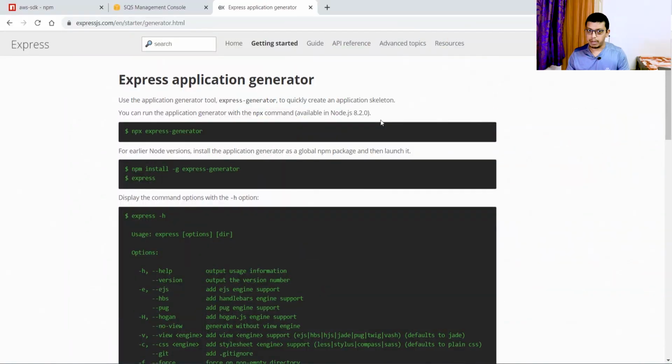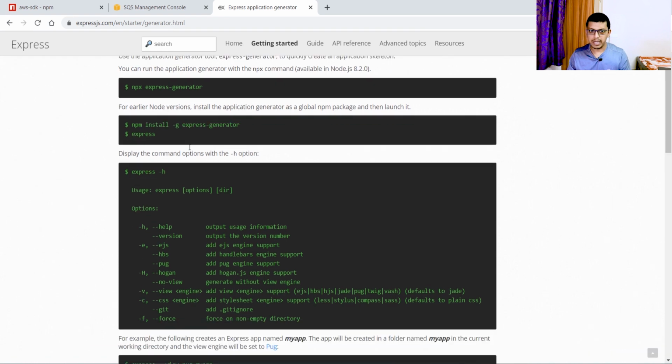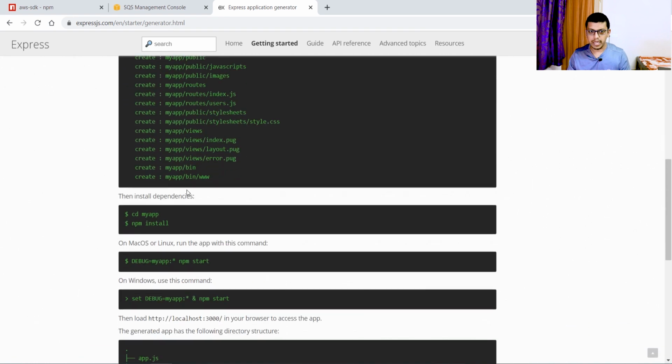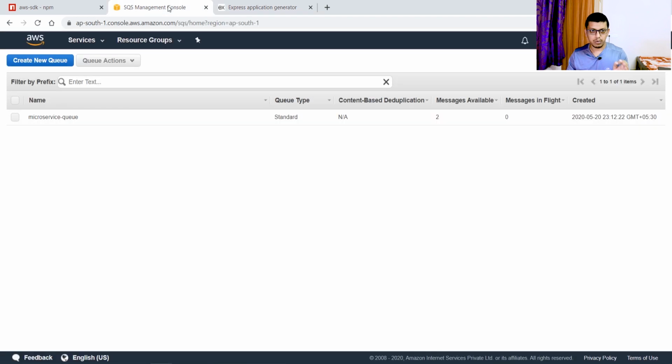I have exposed an API using Express generator. It's very simple. We can just do npx express-generator, then npm install, and then npm start. In between we have the SQS queue, which will receive the data from microservice 1. All the data from microservice 1 will be pushed to this queue. Then we have our microservice 2, which will be pulling data from this queue at a time interval